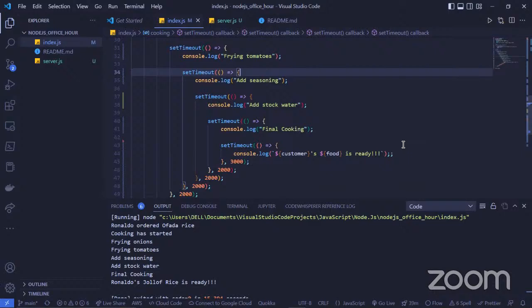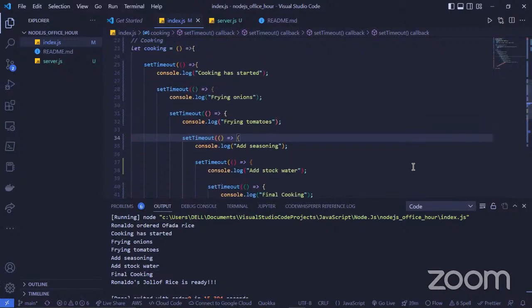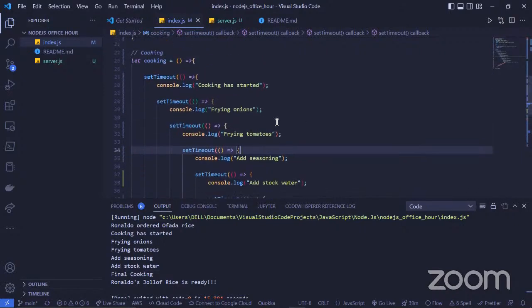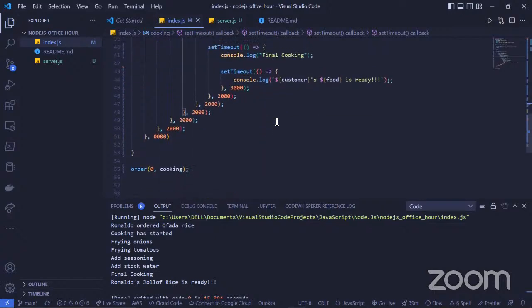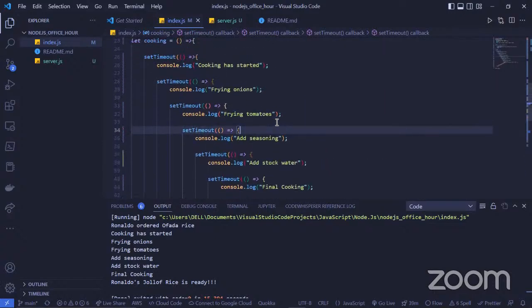Nesting many callbacks like this is basically called callback hell. One of the solutions we can employ to avoid this kind of messy code and make it simpler is where promises come into play.